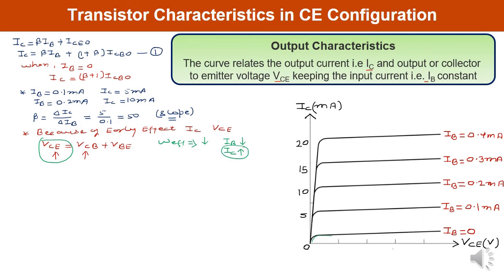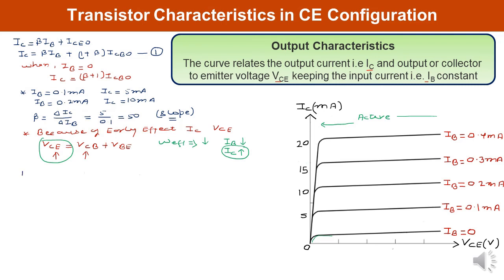Now here you can see this particular curve can be observed in three regions. One is the active region. In the active region, you can observe this portion starting from here to that particular point. And why is it known as the active region? Because amplification takes place. Amplification of the input signal occurs over here. So the active region you can explain very easily.